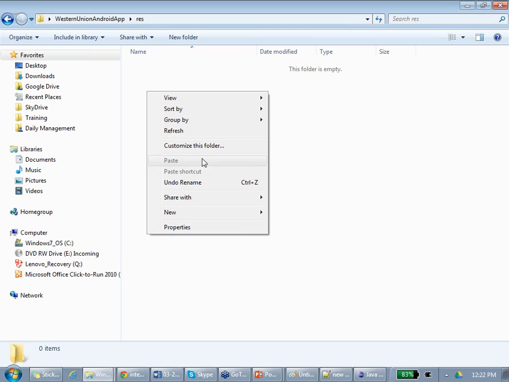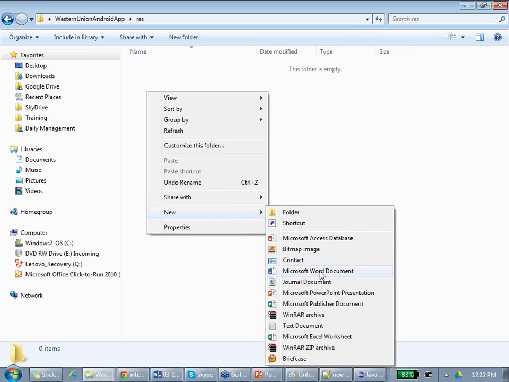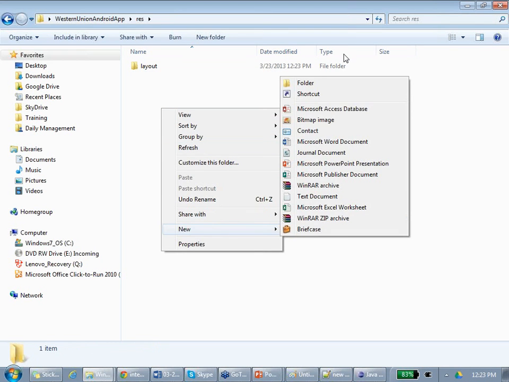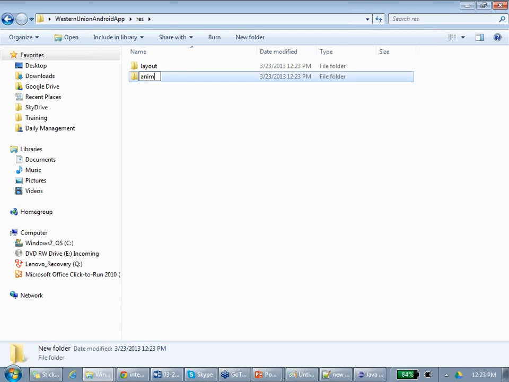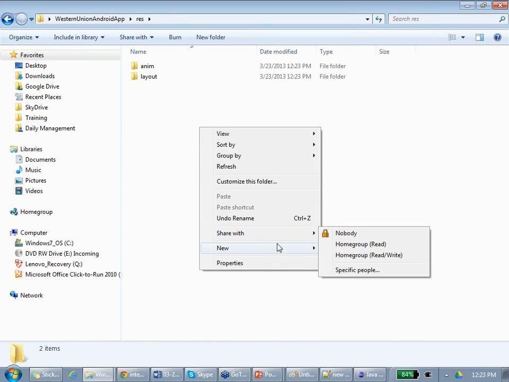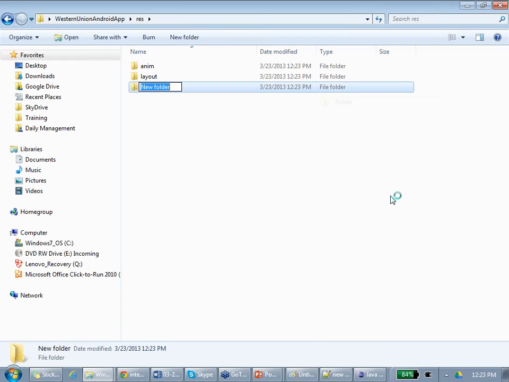There will be layout. You will write layout. Layout means the template of that screen. Then there will be animation. For example, if you have any cool animations, for games there will be an animation folder. All the animations will go there. Drawable. Drawable means any canvas or this kind of field.